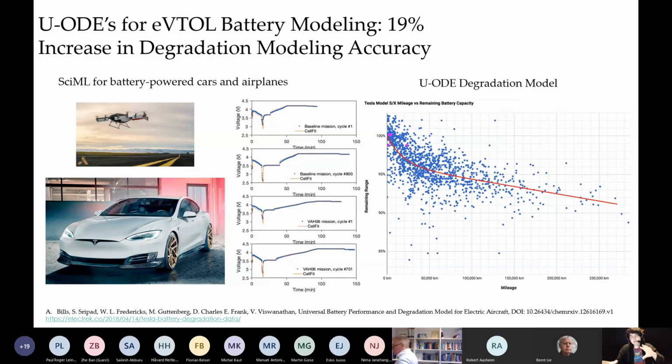So they put these neural networks in areas that are known to have the most questions or the most uncertainty, and they fit this against some data. And then what they were able to find was they were able to build a model that predicts the properties of new battery materials, and it predicts their degradation by about 19% better than the state-of-the-art model, right?